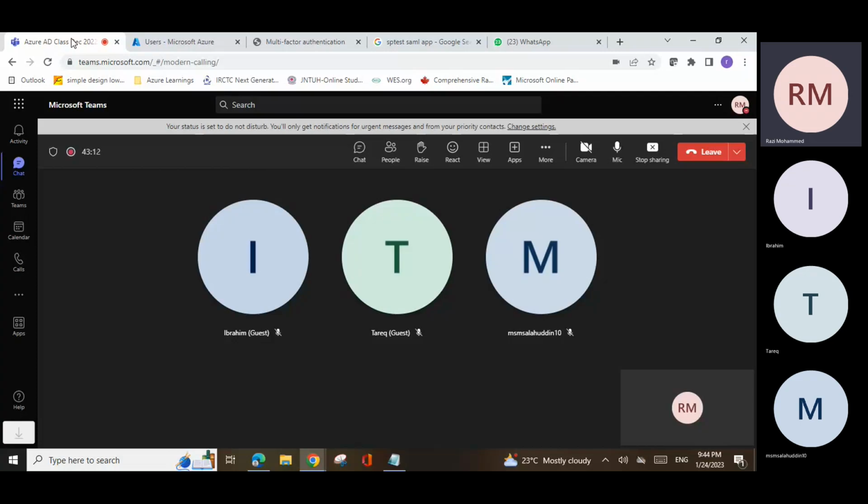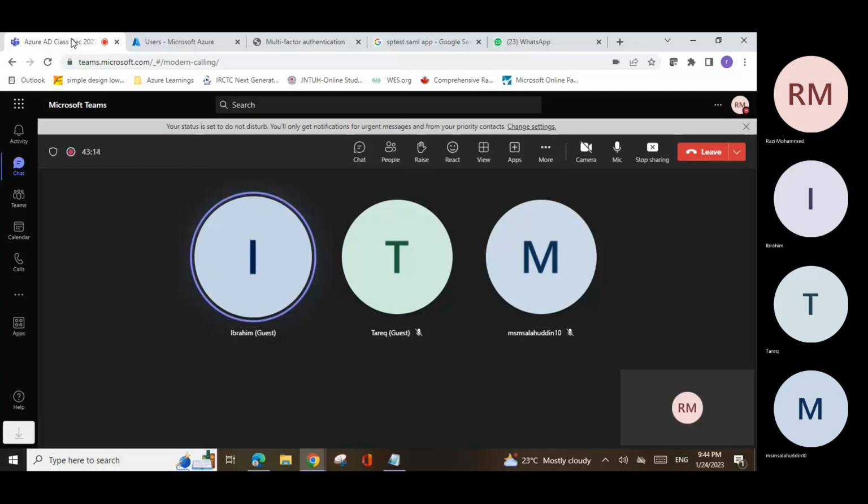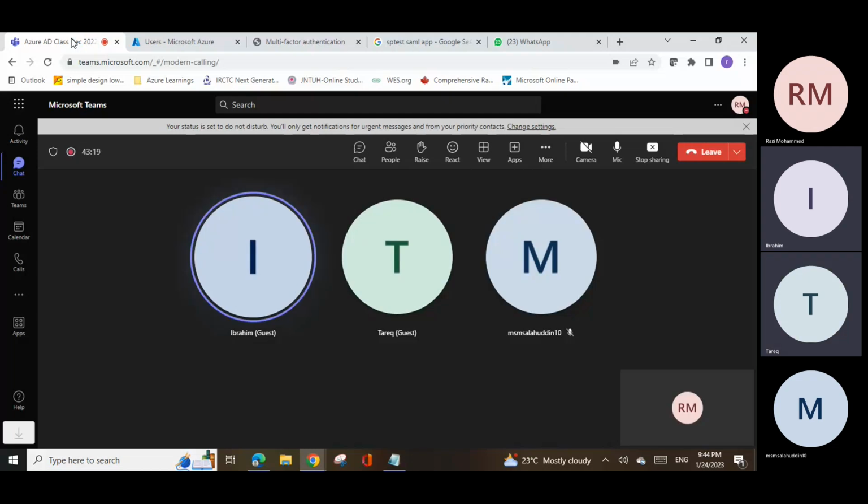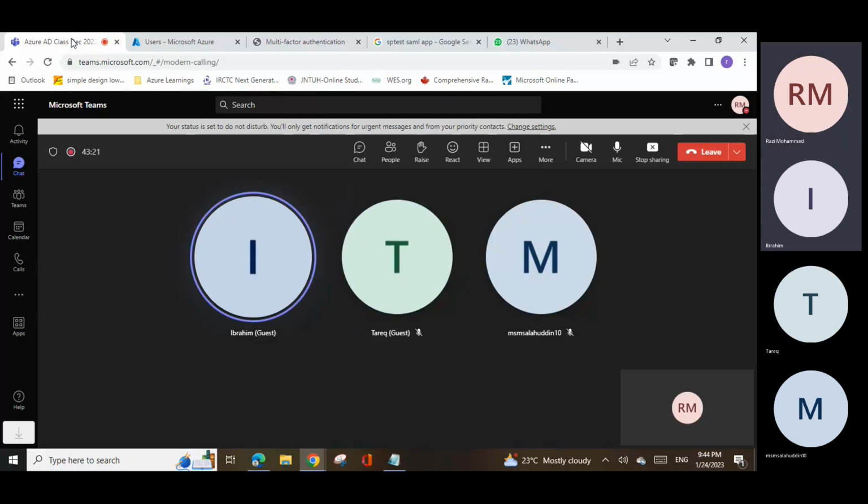समझ में आ रहा, एनी कंफ्यूजन? नो, कंफ्यूजन नहीं है कुछ, समझ में आ रहा, ठीक।